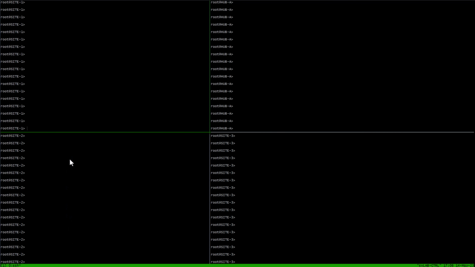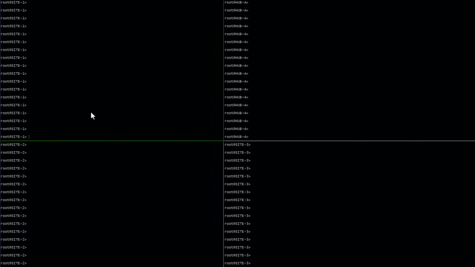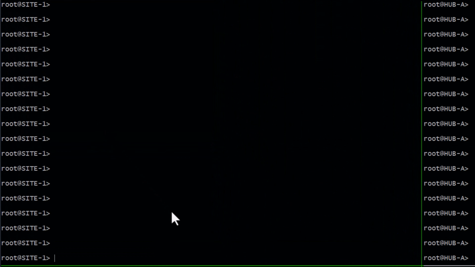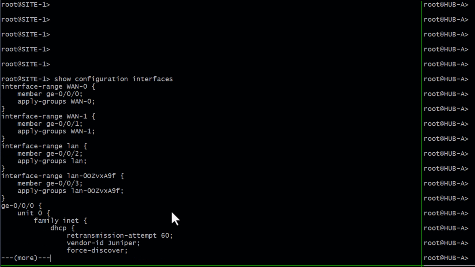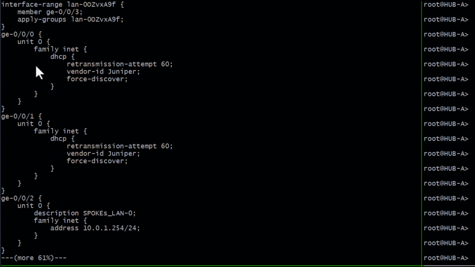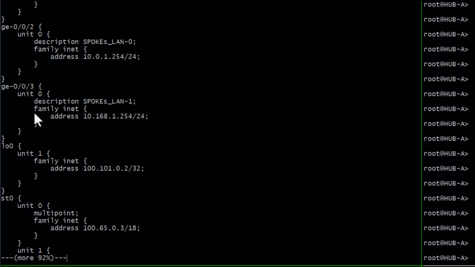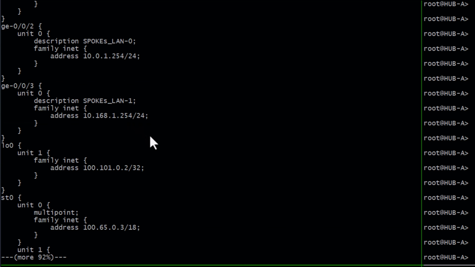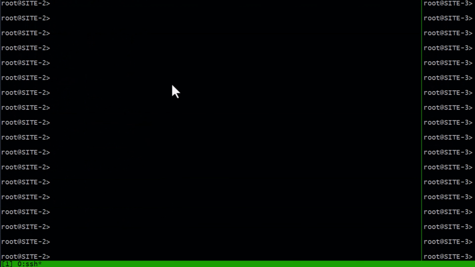Okay, so now once we added the LAN 1 interface to each and every device, let's quickly take a look at our devices to make sure we have the additional interface configuration pushed already. Show configuration interfaces. We can see G001, here's LAN 0, and we can see that we have a new interface G003, LAN 1, which is 10.168.1.254 as we have configured,